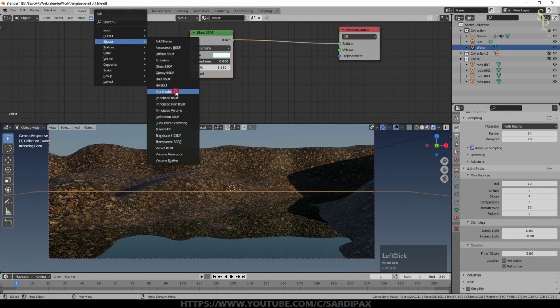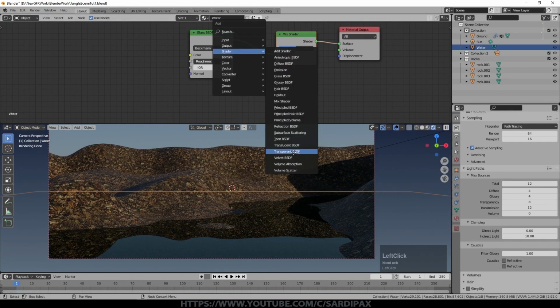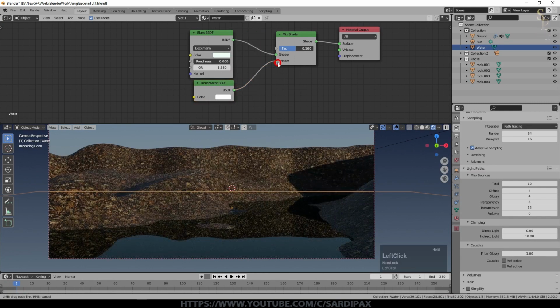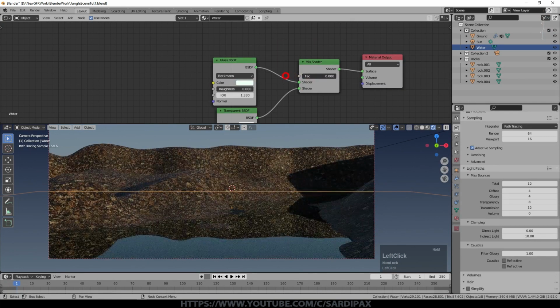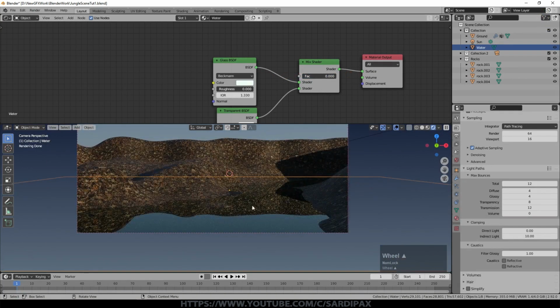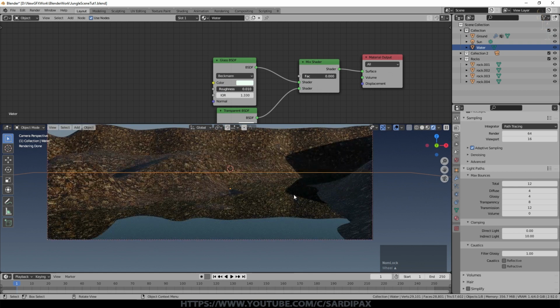I'm now going to add a mix shader and then add a transparent shader. Make sure the transparent shader is full white and take that into the other side of the mix shader. So on the one side there's our water, on the other it seems to vanish. So here it's completely reflective and it's showing the ground behind it. I added a very small roughness to the water, 0.01. But there's going to be more done to that surface in a moment.